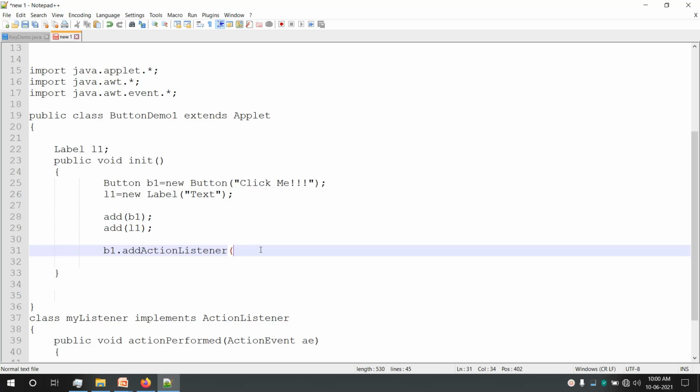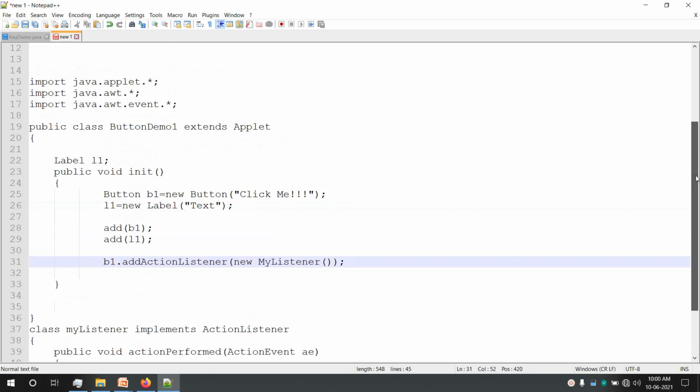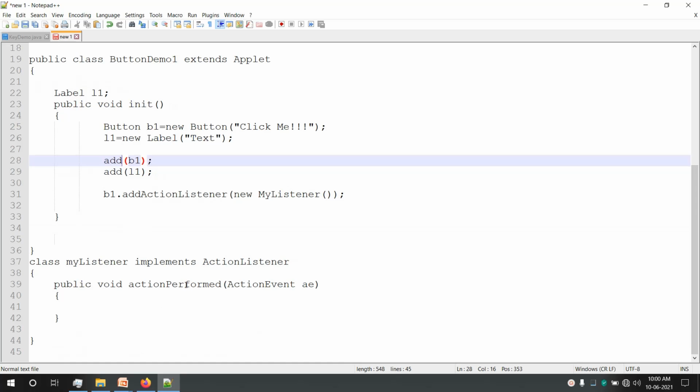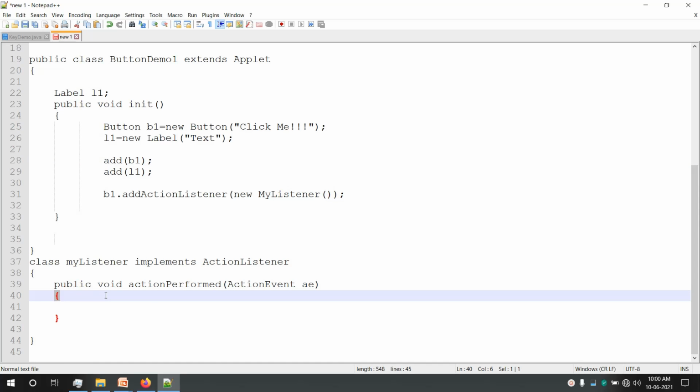So we have to pass an object of my listener by using new my listener. That's it. So we have created the button, the label, we have added them, we have registered a listener, and we have a handler class. Inside the actionPerformed,